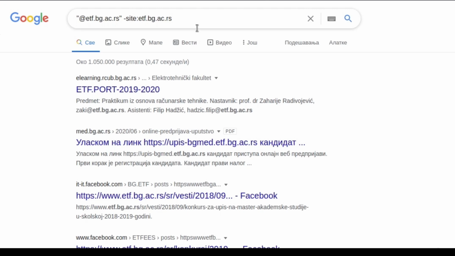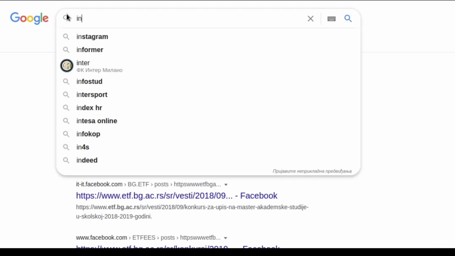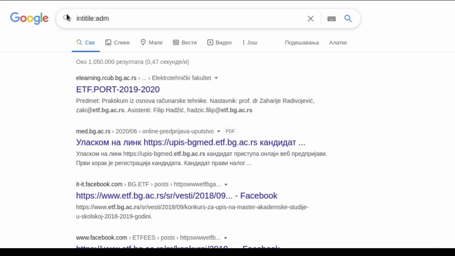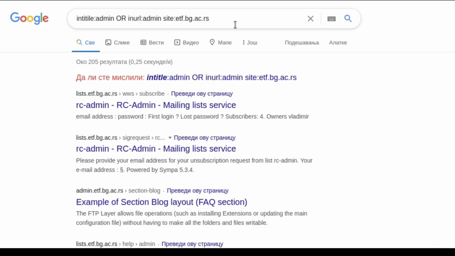We can use Google Dorks to try and find something like admin pages, but we can do that by searching admin keyword inside the title of the page or inside the URL. To do that, we simply type in title 2 dots admin or in URL 2 dots as well admin, and then we specify which site. And let's use this same website, this university website. So this is the command, and let's press enter. Then we get some responses right here. If you go to any one of them,